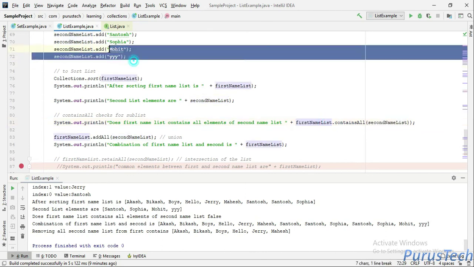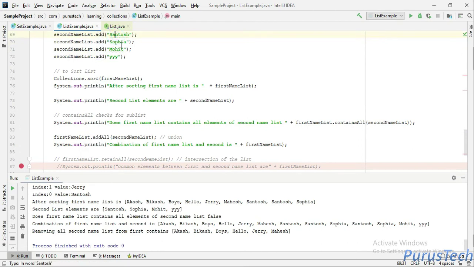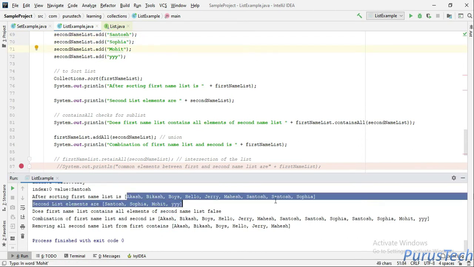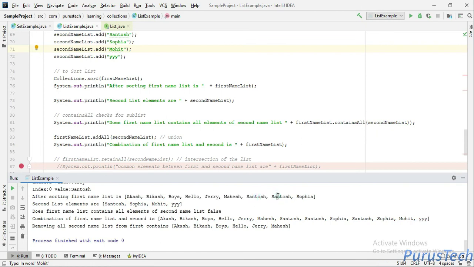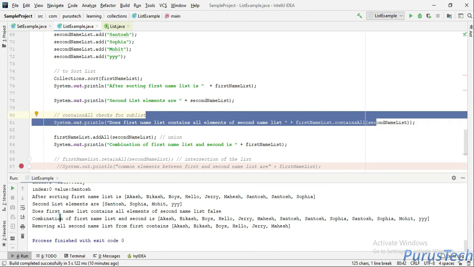In this list you will see Santosh, Sophia and Mohit. Santosh and Sophia are there, and okay, Mohit is not there. So Mohit and YYY are not there, so it will return false. Here, does the first name list contain all the elements of the second list? It is coming as false.